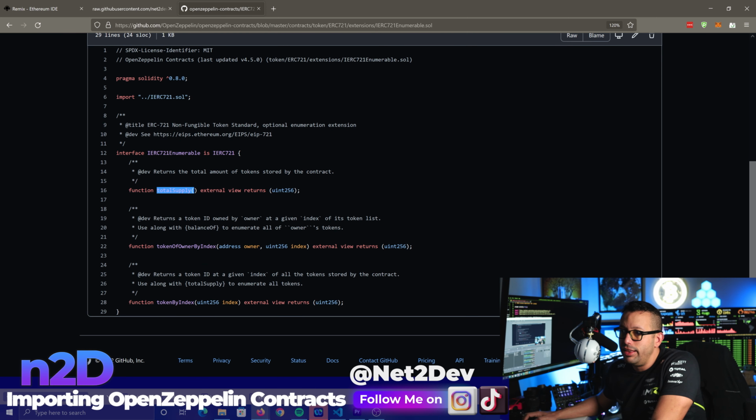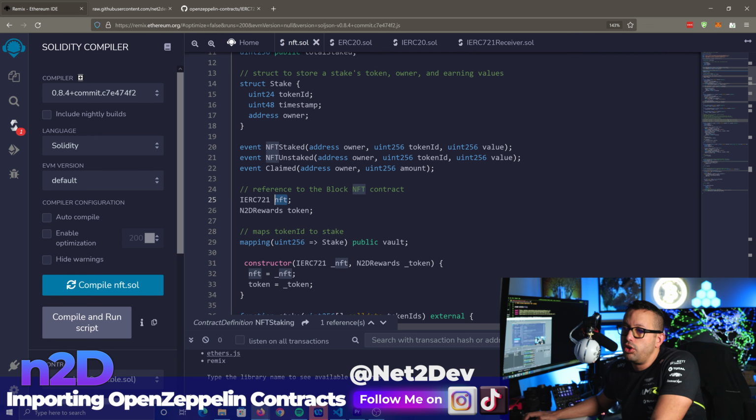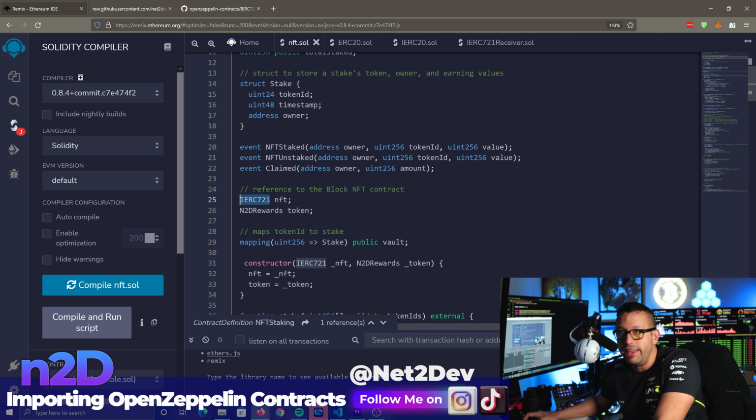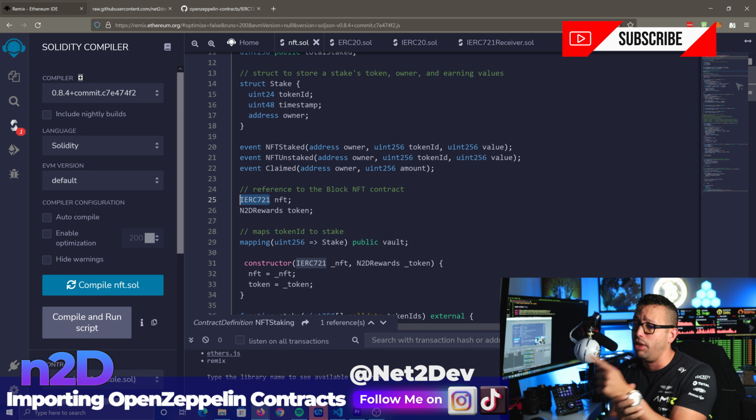The only difference is that this does have total supply. This is not an NFT smart contract itself. This is just an interface to talk to the smart contract. We want to call anything that has to do with the NFT smart contract inside this particular function, but this is an interface. This is not an actual smart contract. So we need the base ERC-721 smart contract, and it's expecting us to be enumerable, right? Because it needs to count. It needs to be able to get us the total supply,